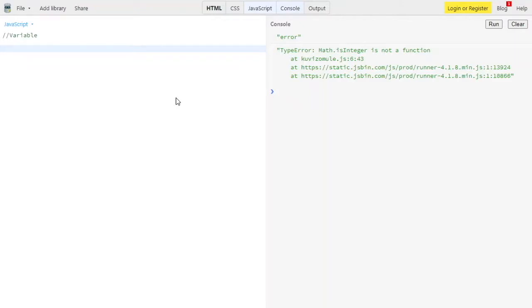For example, you can think of a variable as a box of a particular size, and you can store whatever you want. You can store clothes, toys, or gadgets. So a variable is nothing but a box in which you can store data.